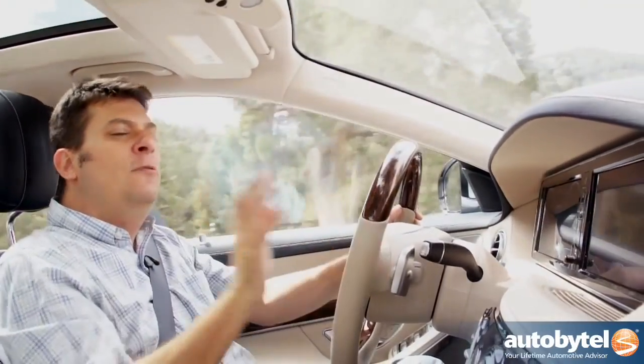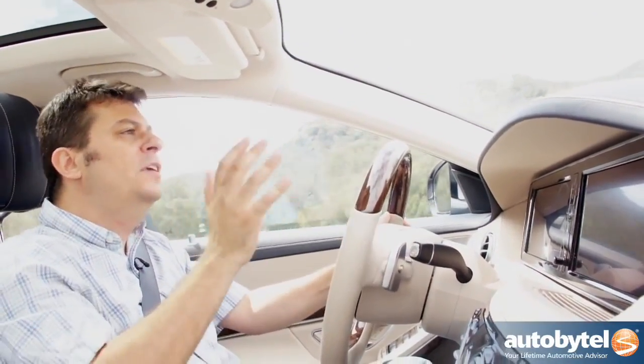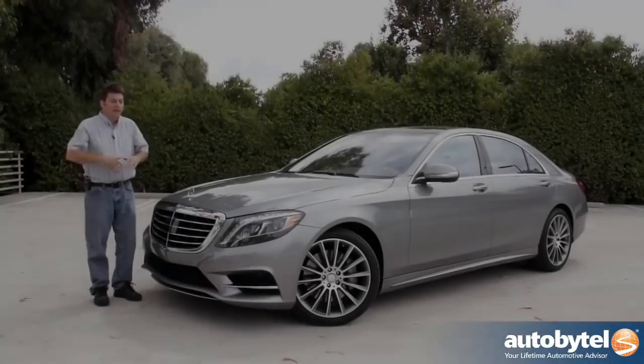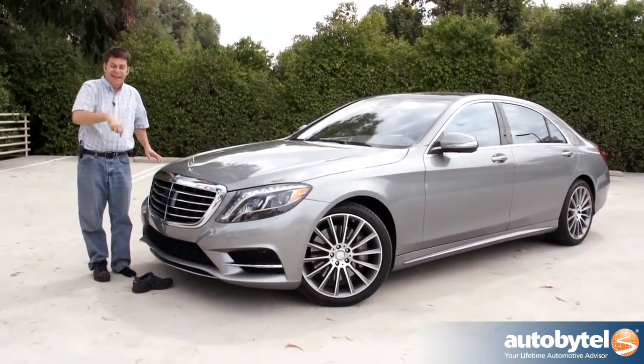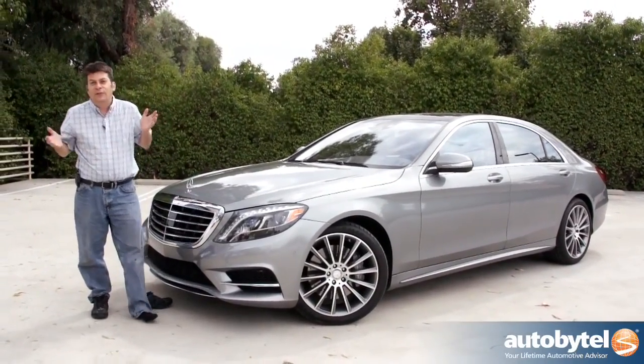It's just brilliant. We're going to discuss the price of this car, and it is really expensive. But I have to say, this really does feel like the best of the best. Now, the pricing for this car, how can I put this? Get it? The other shoe just dropped. You're waiting for the... All right, anyway, pricing for this car starts at just under